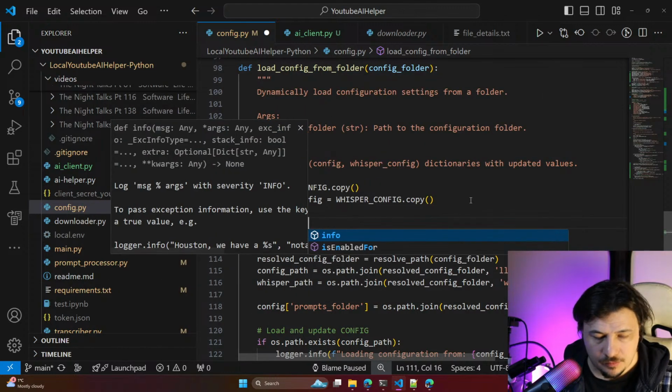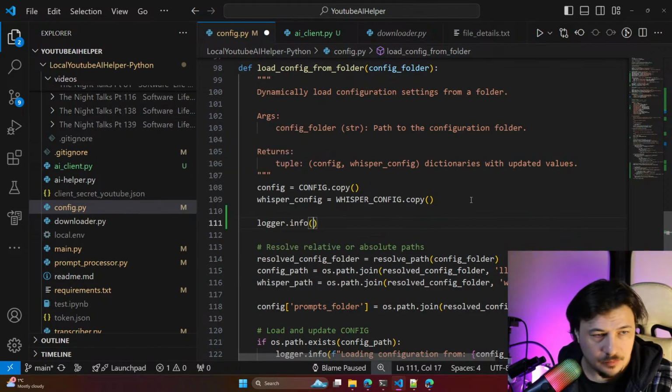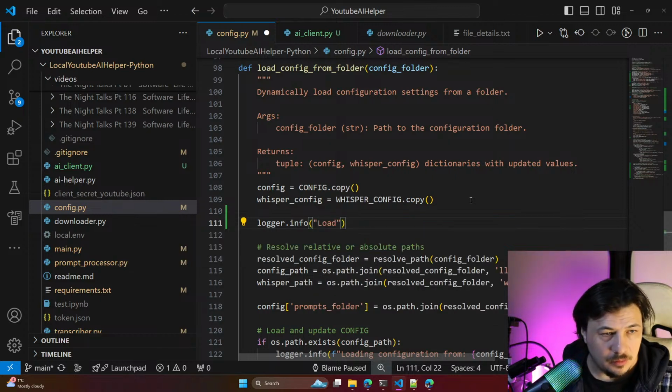Worker info: loading config from config folder.